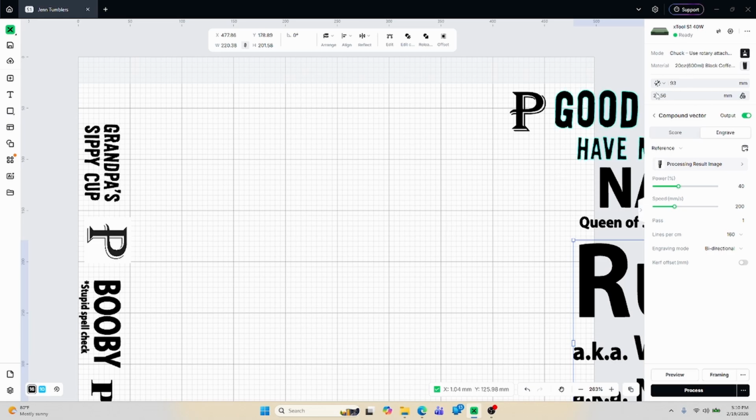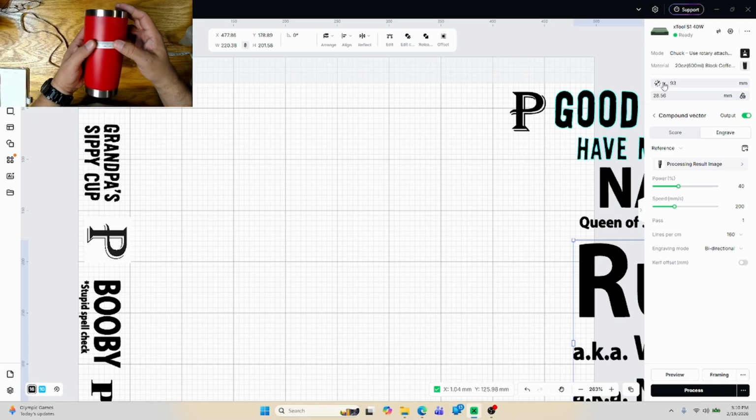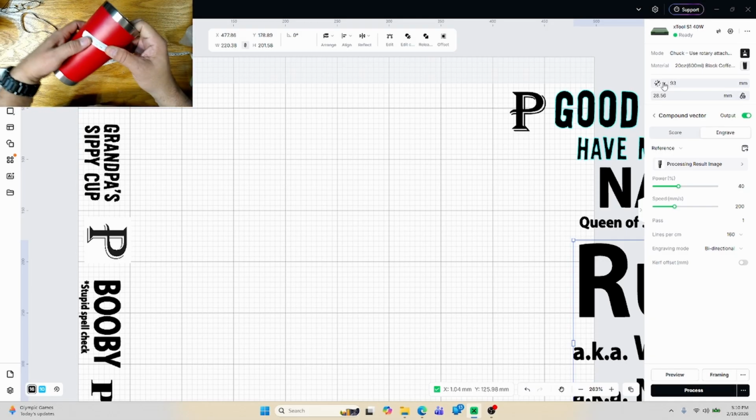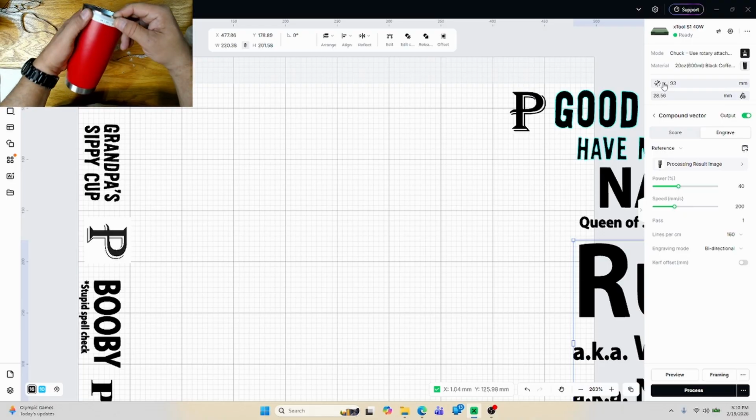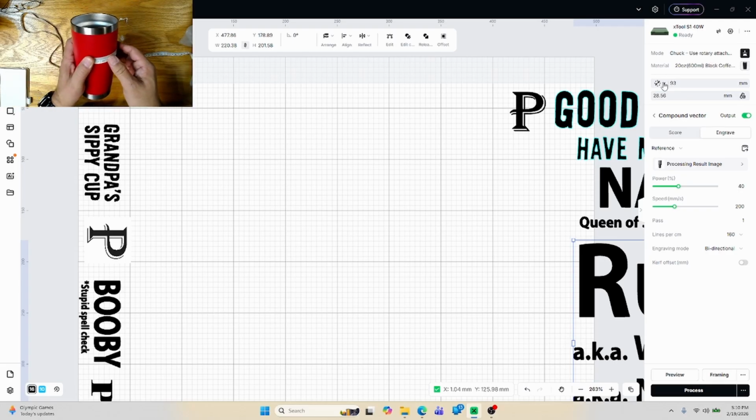Now, I have to get the measurements. And in order to get the measurements, you have to use the tape measure that comes with your X1 or another soft tape measure. All I'm doing here is getting the widest part where I'm actually going. You can do it up here at the top, but I'm going to do the widest part here where I'm actually going to be creating the image or the burn. These are in millimeters. I like working in millimeters. So if you look, it's about